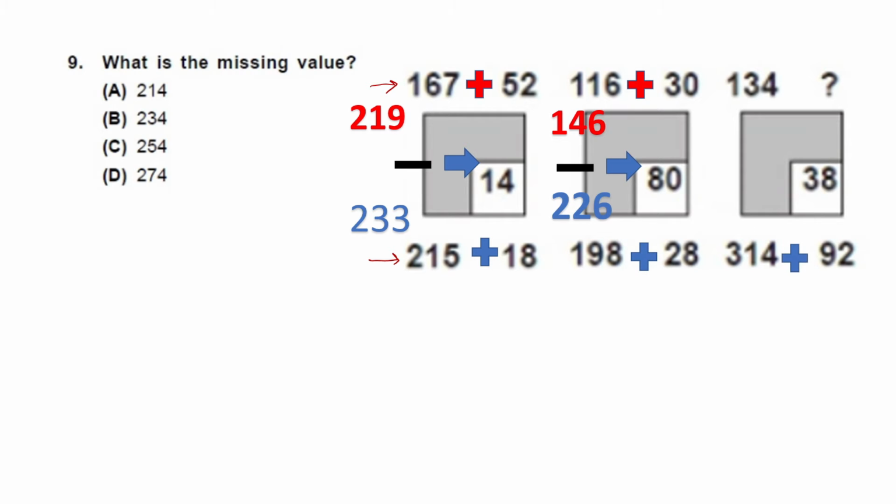So let me add the below two numbers of the third block, which will give me 406. And that, when subtracted with this number, which I don't know, will give me 38. So if I subtract 38 from 406, I will get 368, and 368 should be the sum of 134 and this missing number, which I can get by subtracting 134 from 368, and I will get the answer to be 234. You can try it out, and hence I choose B to be my right answer.